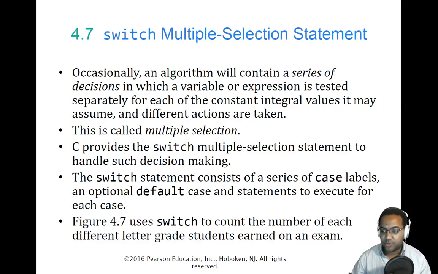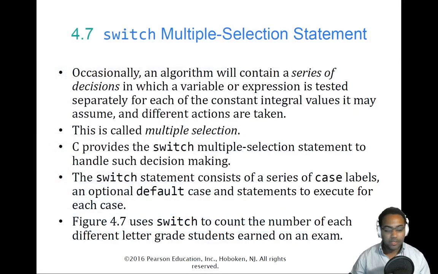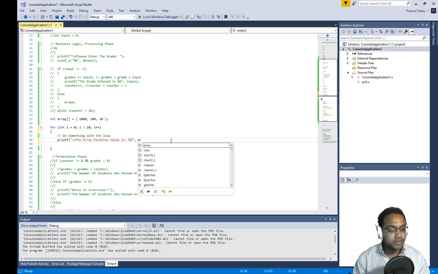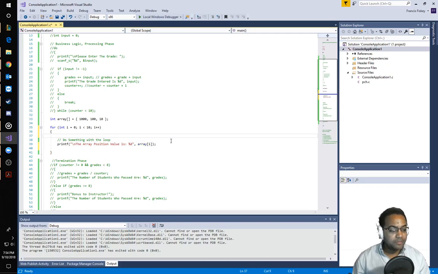Before we go any further, let's go ahead and write one, shall we? All right, so let me do that. Okay, so let's put a switch statement inside this for loop. So we have a for loop, and I'm going to write a switch statement instead of an if statement. So in this case, I'll say switch